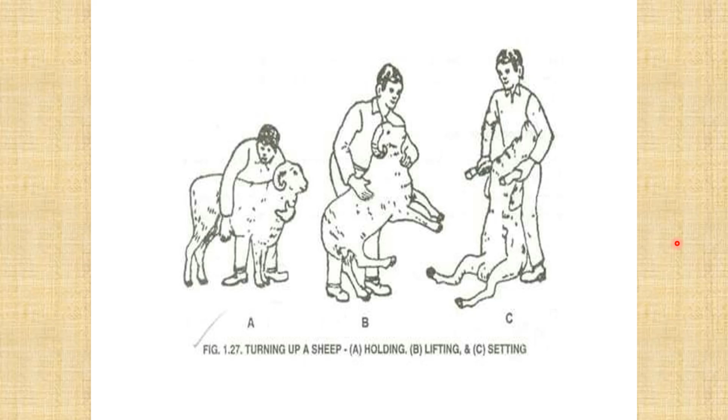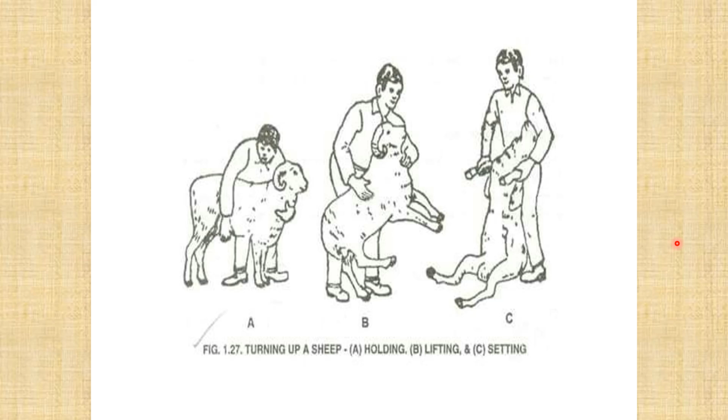And the sheep and goat, of course, they are small creatures. Even then, they have sufficient energy to harm the handler of the animal, maybe a veterinary doctor, or sometimes the attendant, or sometimes the para-veterinary staff, or sometimes the owner himself. So